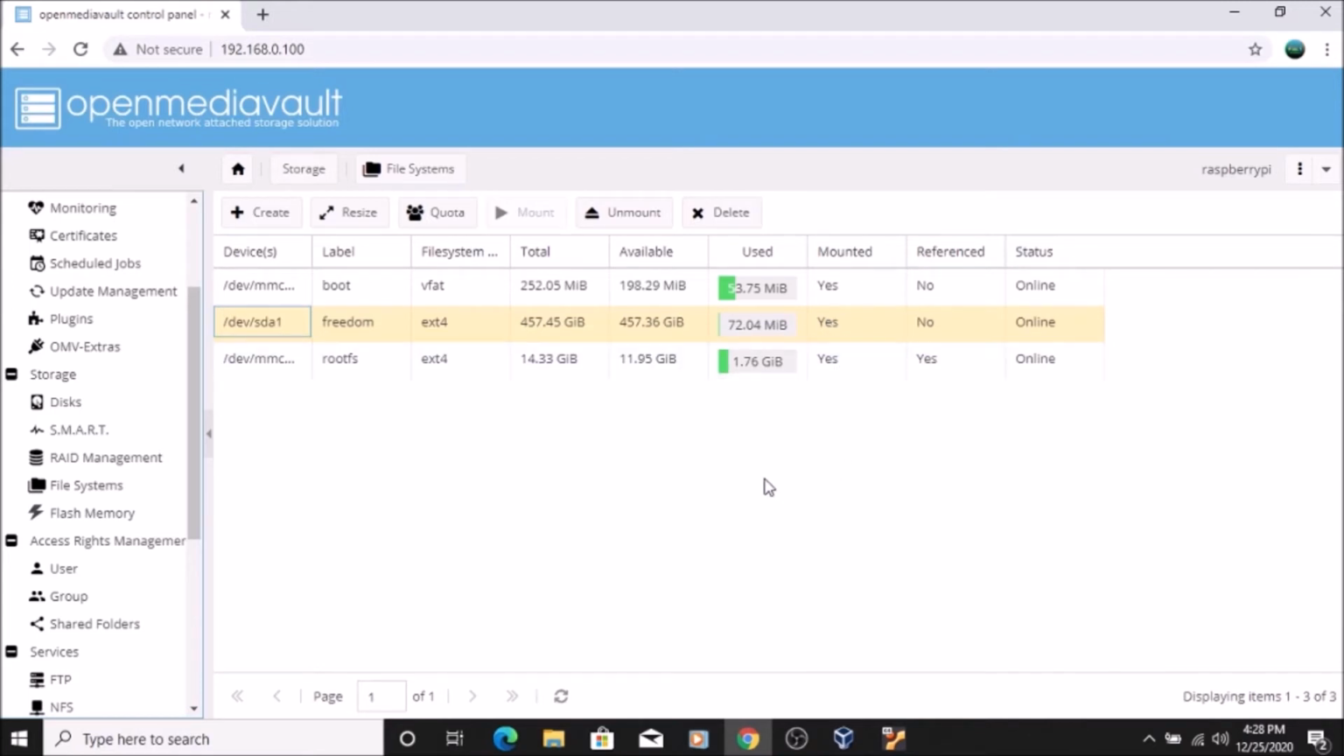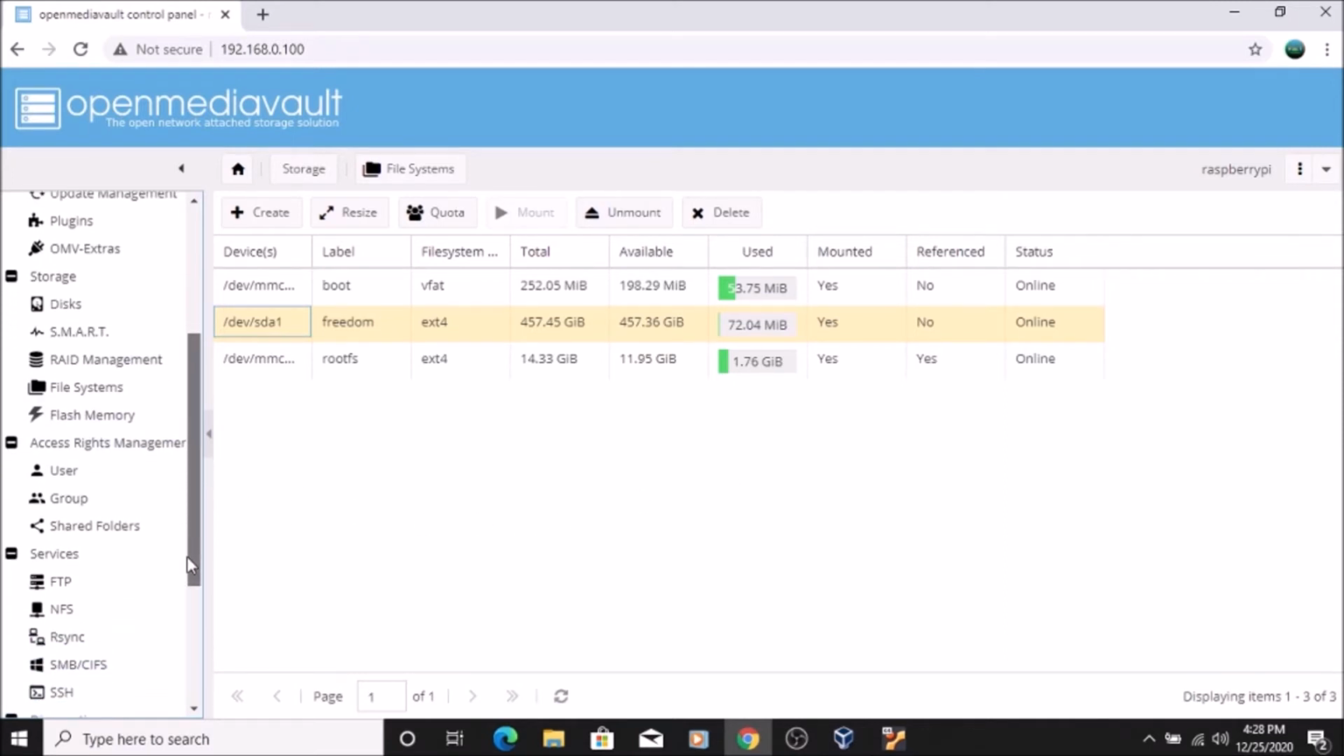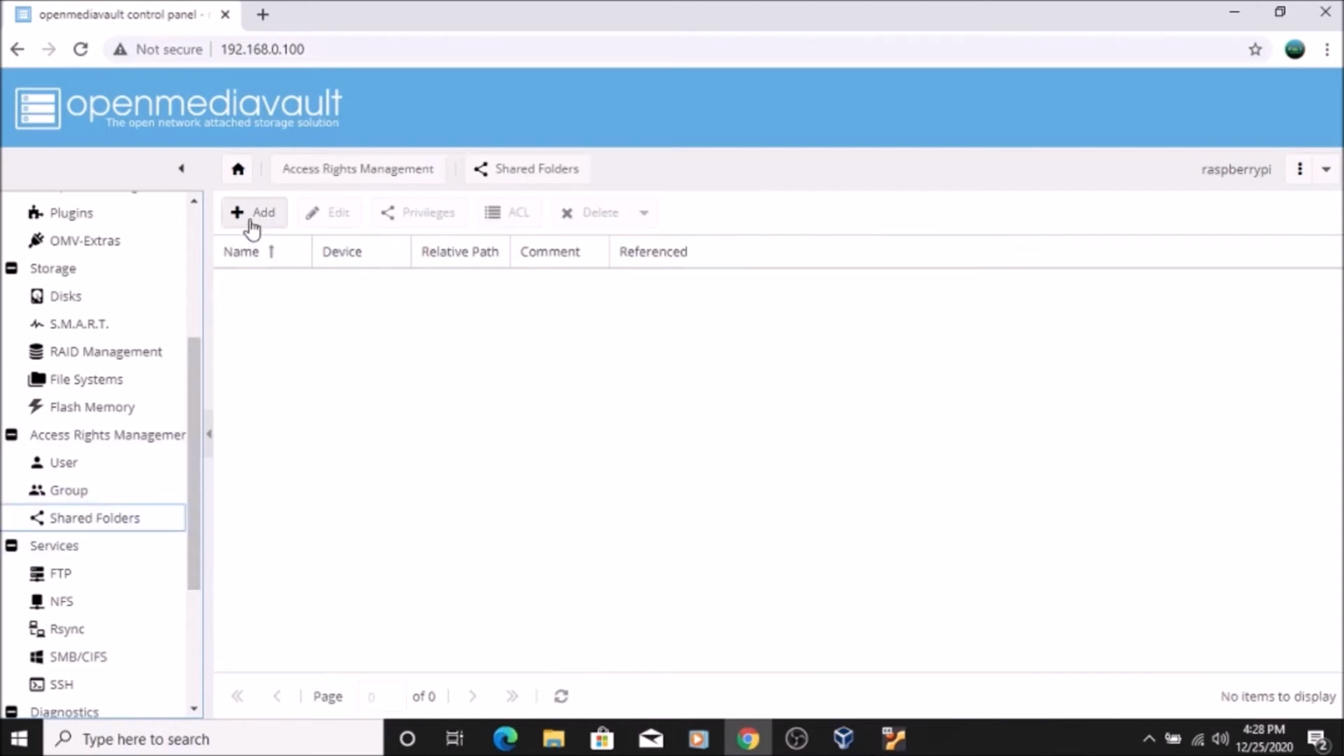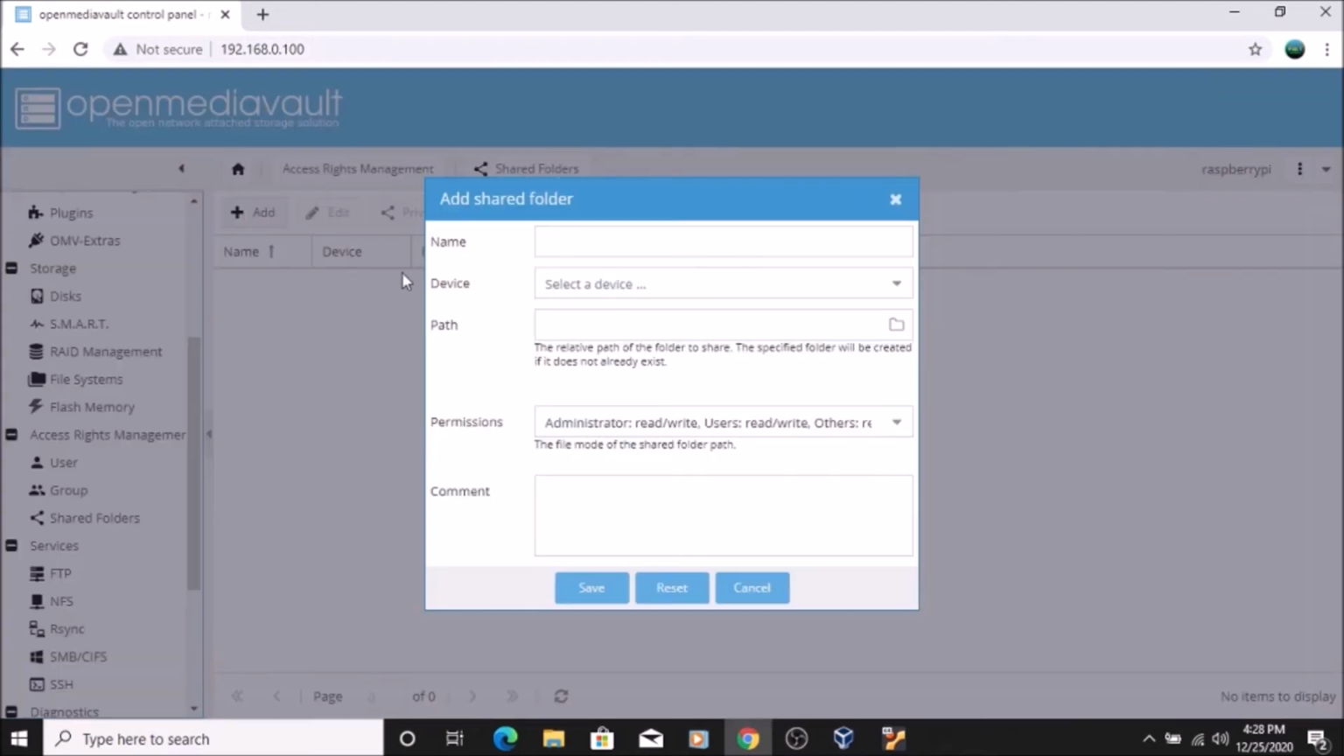Okay, now what we are going to do, we are going to create a share folder. So simply, here it is. As you can see, in access rights management we have a share folders option. So we are going to create a share folder. So simply click on share folder. Of course we are going to add a new folder, so click on the add button, and we are going to give the name. So I am going to give the name